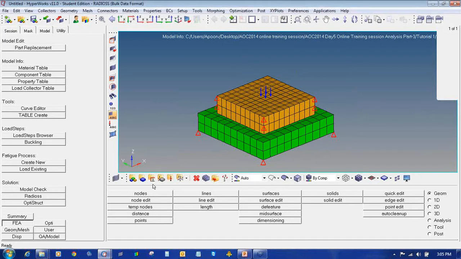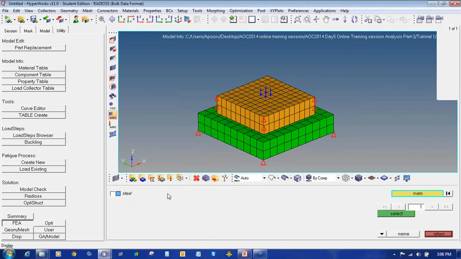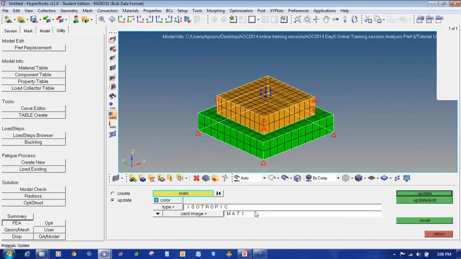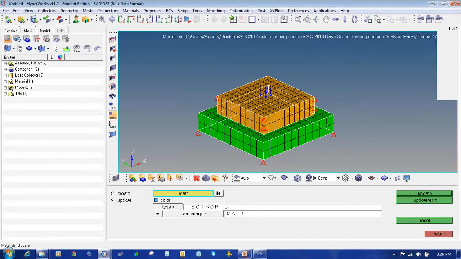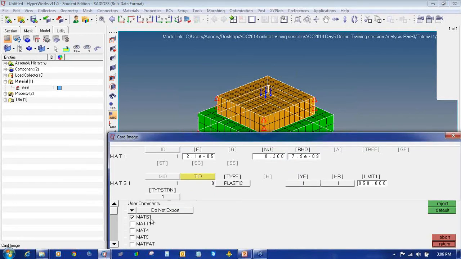Now in the toolbar we'll select material and we'll update the material where we have created the elastoplastic material. Select the radio button as update. Click on the material and select steel as the material, which is predefined. Then click on update/edit. Check the box in front of MATS1.